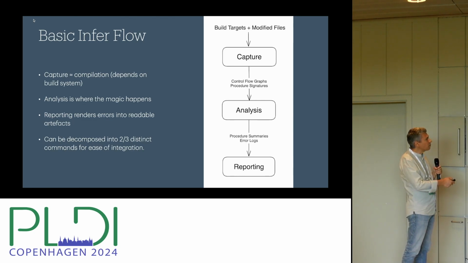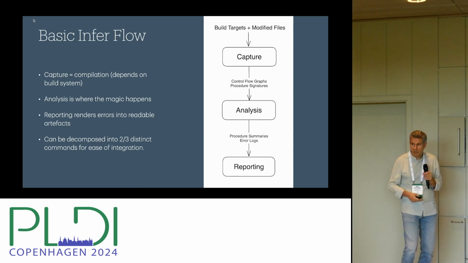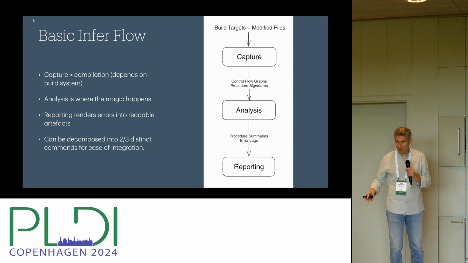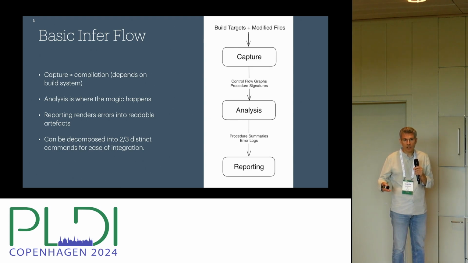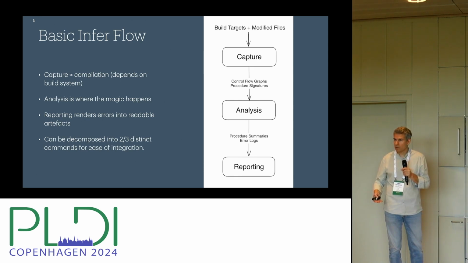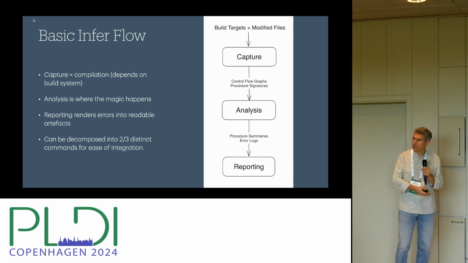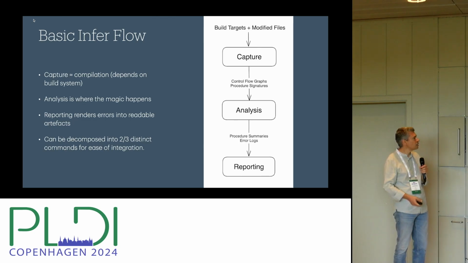The first thing that will happen is what we call capture, which is really the equivalent to compilation or building your code, but here it means that Infer plugs into that and gets all the SIL and CFGs out and stores it into its own databases, so it can then consume it during an analysis,